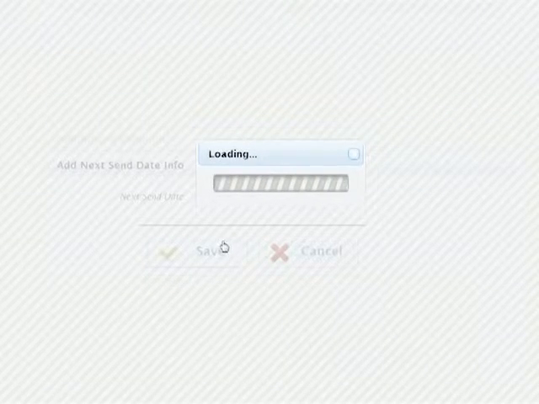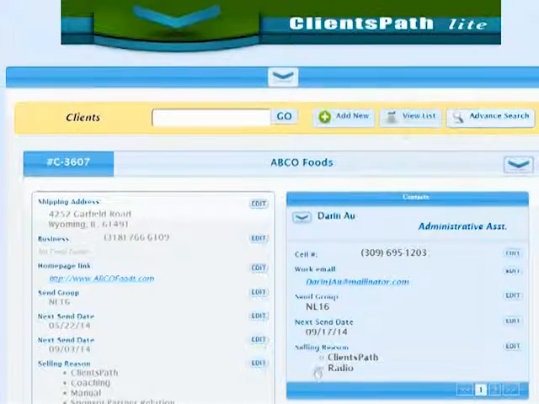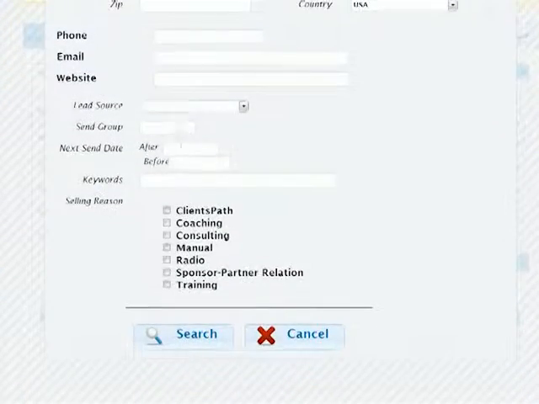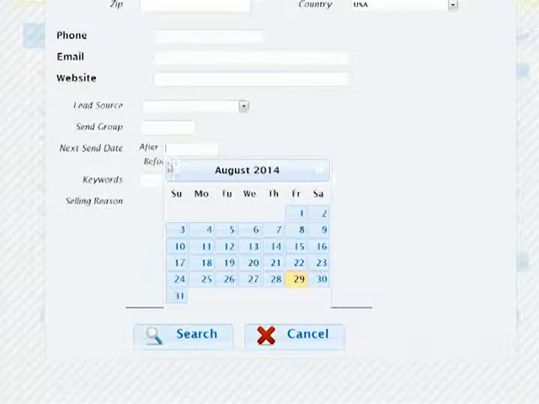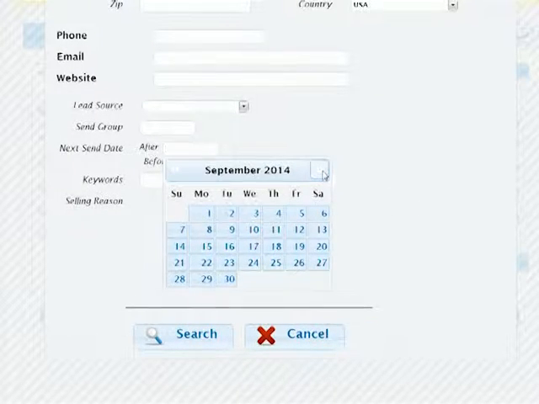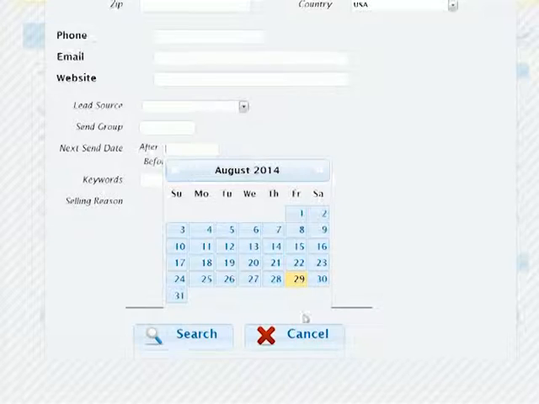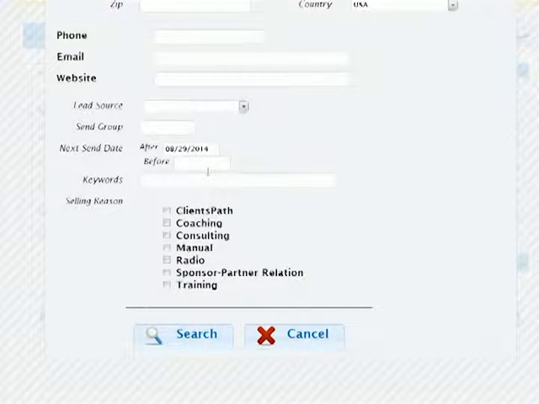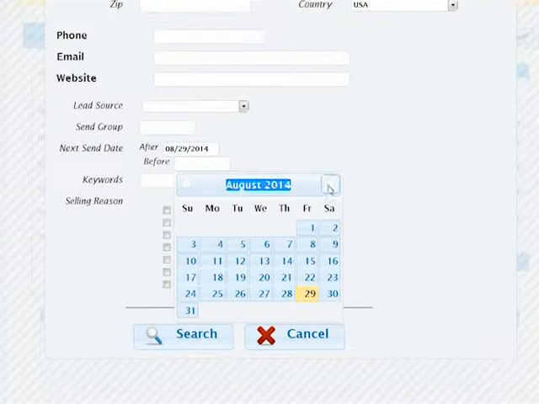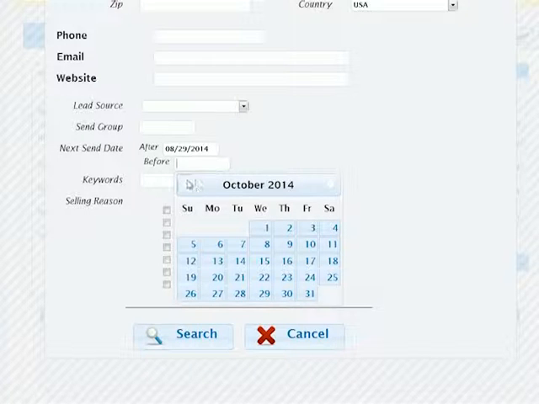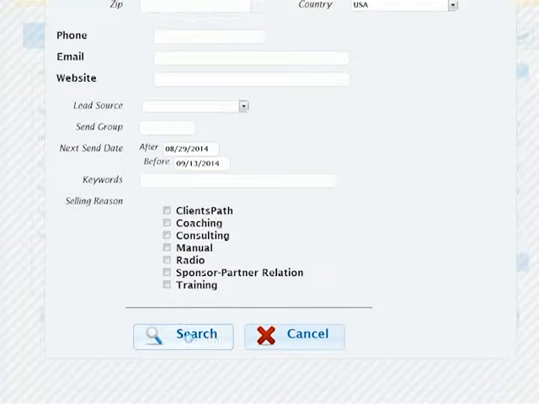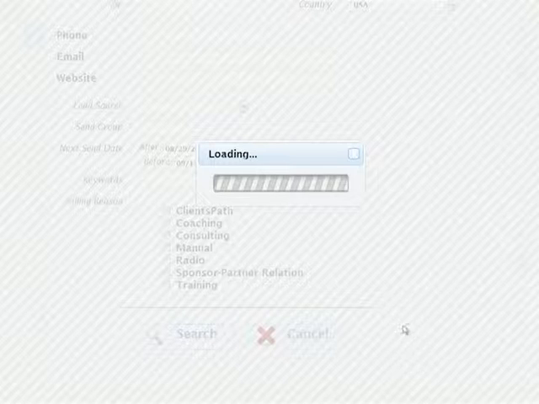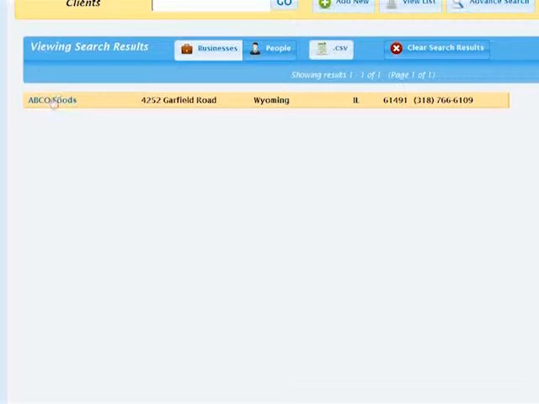And now from advanced search, I can say next send date after August 29th, and let's give it two weeks out, September 13th, and we'll do a search, and we will see ABC Foods, which we just marked.